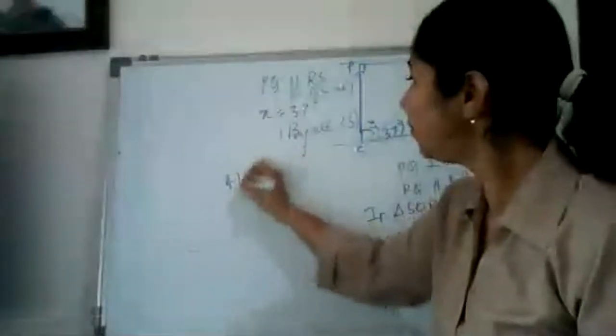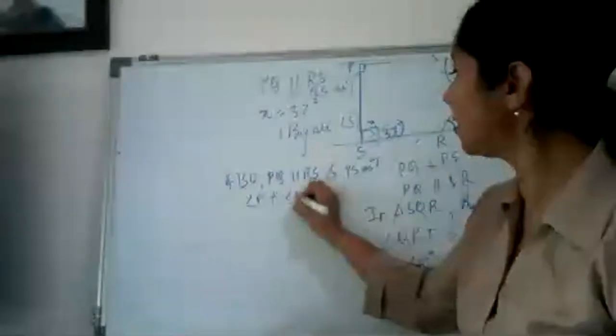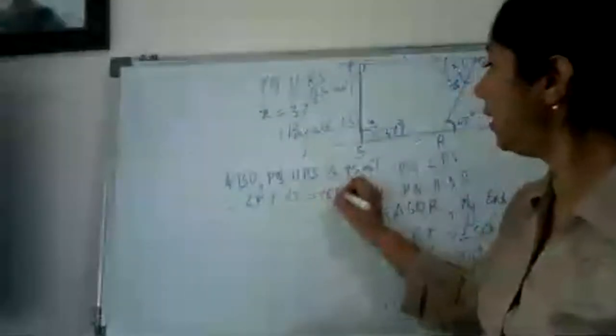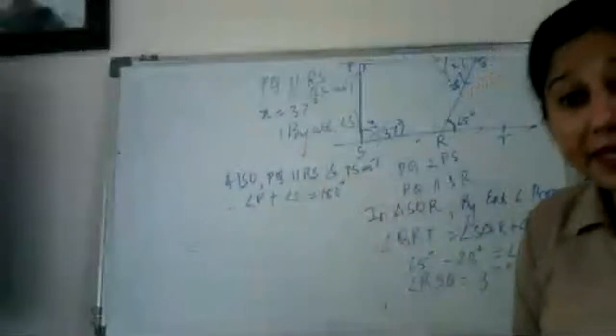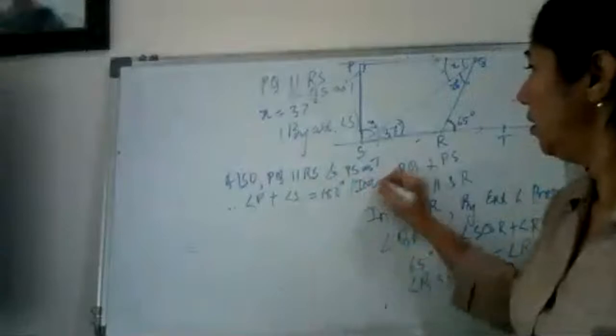Also, PQ parallel to RS, is equal to 180 degree. ये क्या है यहाँ पे? इंटीरियर एंगल्स कॉन्सेप्ट। ओके, I don't understand आप लोग कौन सा प्रॉपर्टी लिख रहे हो।